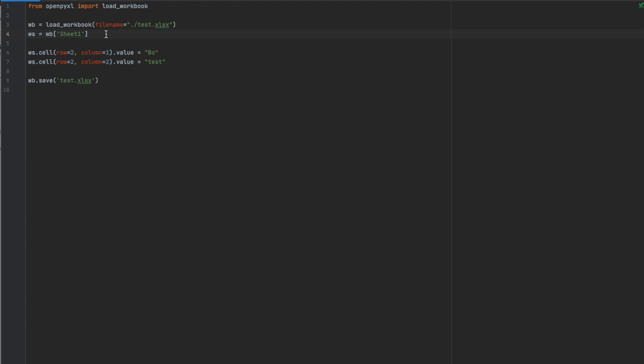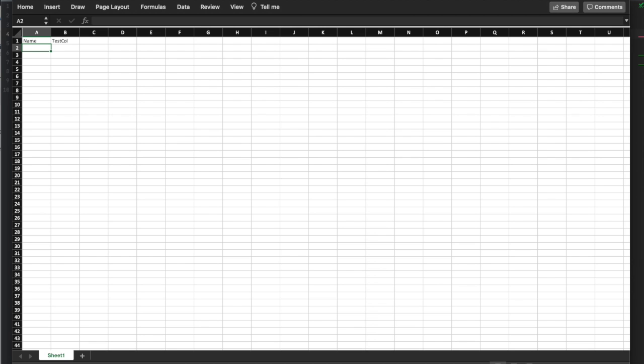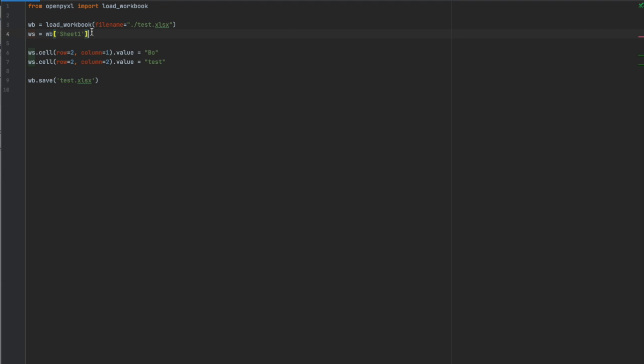Then we have to set up the worksheet that's part of that workbook that we want to work with. And so if you notice in Excel, we're just working with Sheet1. That's the default sheet. And typically that's what you're going to be working with. If it's called something else, however, or if you want to select a different sheet, then you would set up a worksheet for each of those different sheets that you want to work with. And so I'm going to say worksheet equals workbook Sheet1,